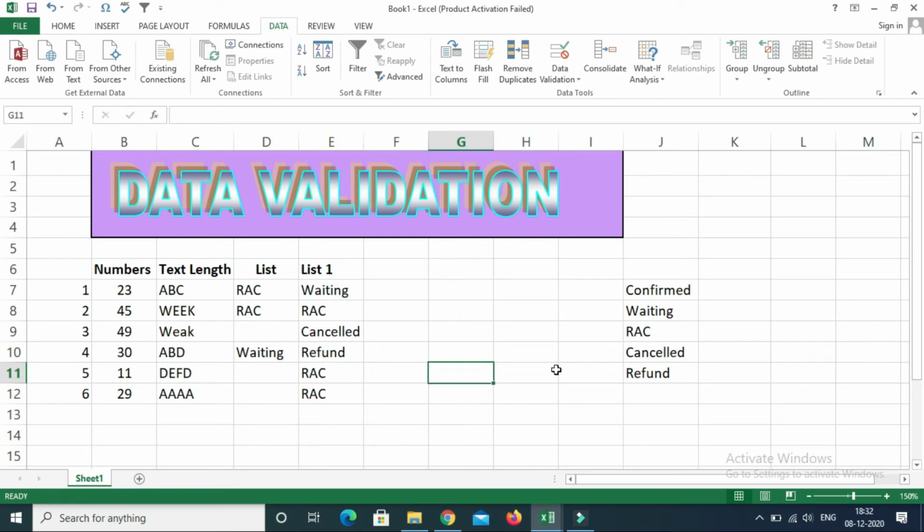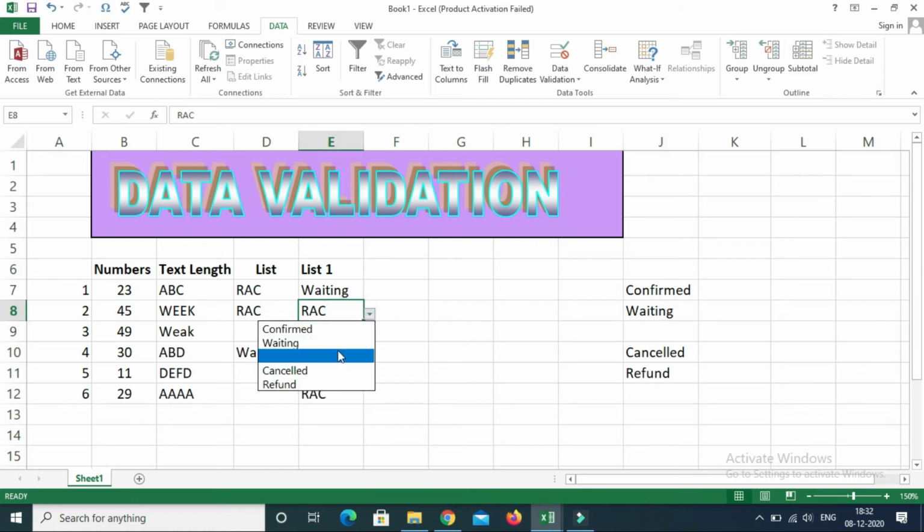Okay, now this is my source. So if someone comes and deletes this here, I will not be able to select that again when I come back to this data validation where I applied it. See, it has become blank here because it has been deleted. So the source can always be damaged by someone, or you don't want someone to play around with this.